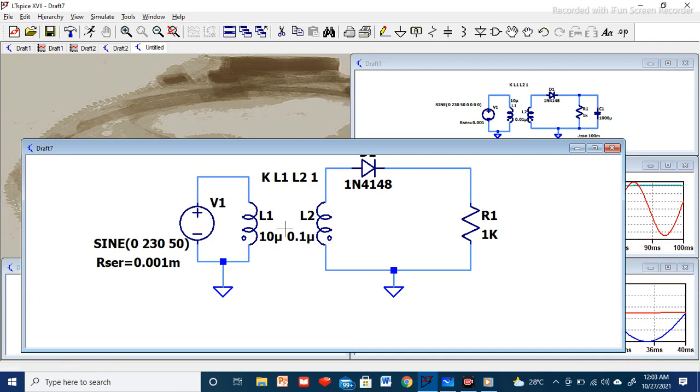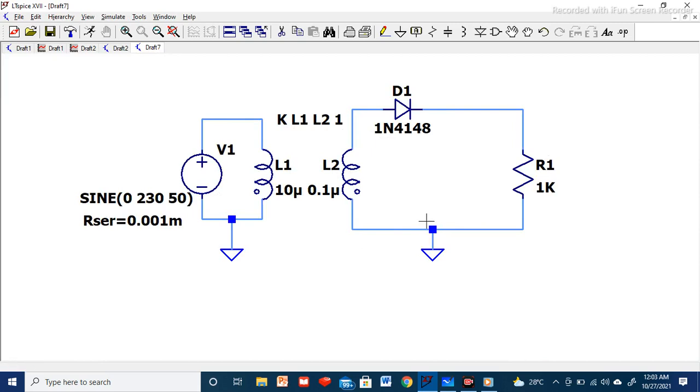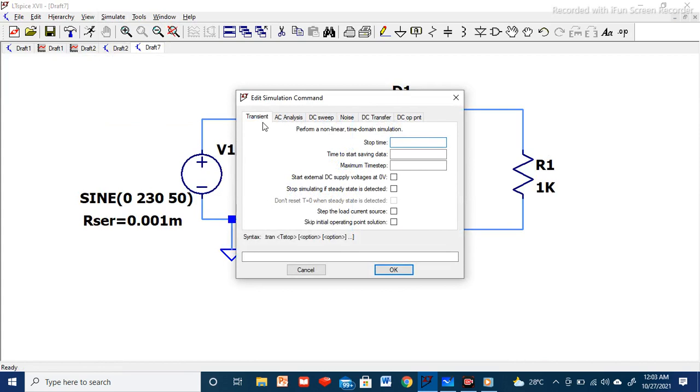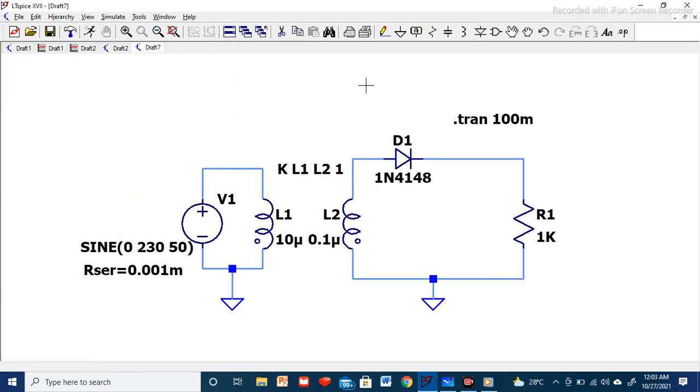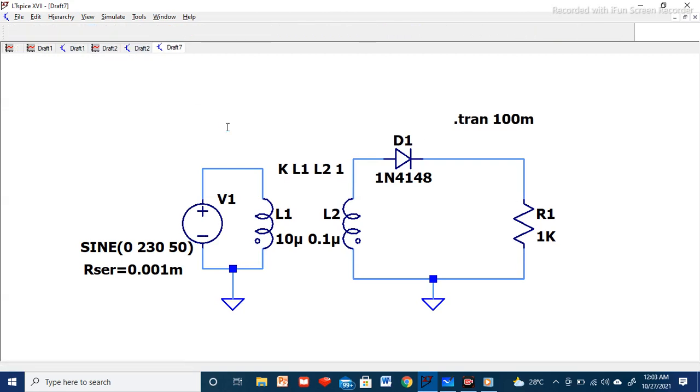So now you can see all the circuit is defined. After this, now that the circuit is defined properly, we have to go to the simulate button, edit simulation command, transient analysis. As it is having 20 millisecond period, so multiple of 20, how much we want we can give. I'm giving it like 100 millisecond, so almost 5 cycles I'll get. I'll press OK and place it here. Now my circuit is defined with the diode, inductance, resistor value, the voltage source, everything is defined properly. We'll go and simulate it.